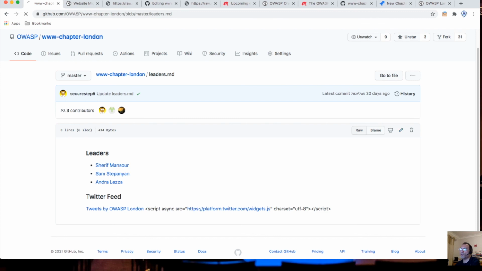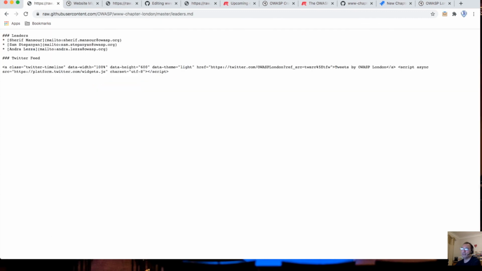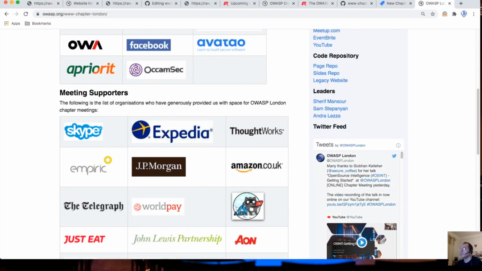Let me switch to the raw mode, and here you will see the magical embed code, which allows us to embed our Twitter feed. This has a link to our Twitter account, and the script called widgets.js brings the embeddable widget into our web page. And when you see this code rendered on our web page, it looks very nice like this.